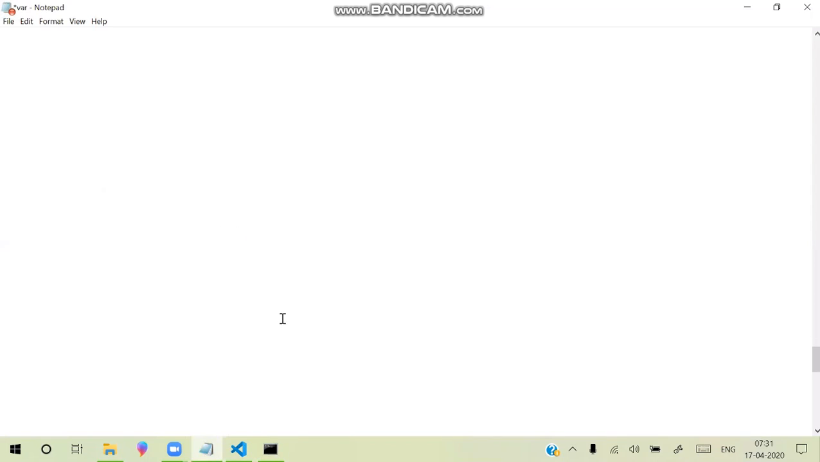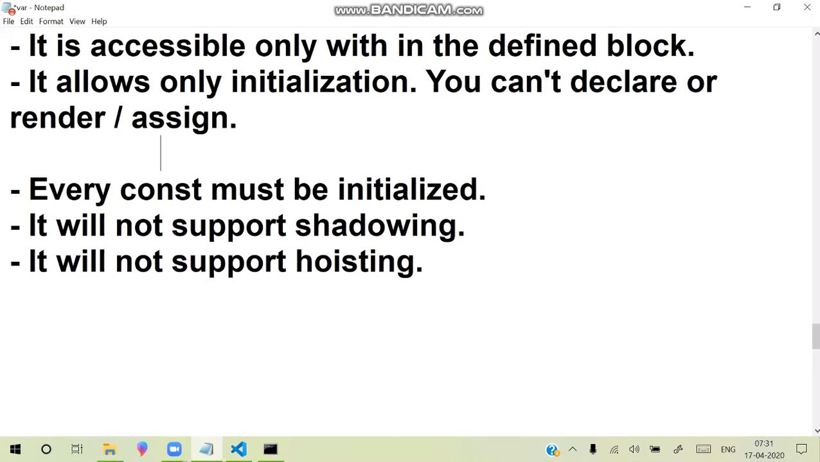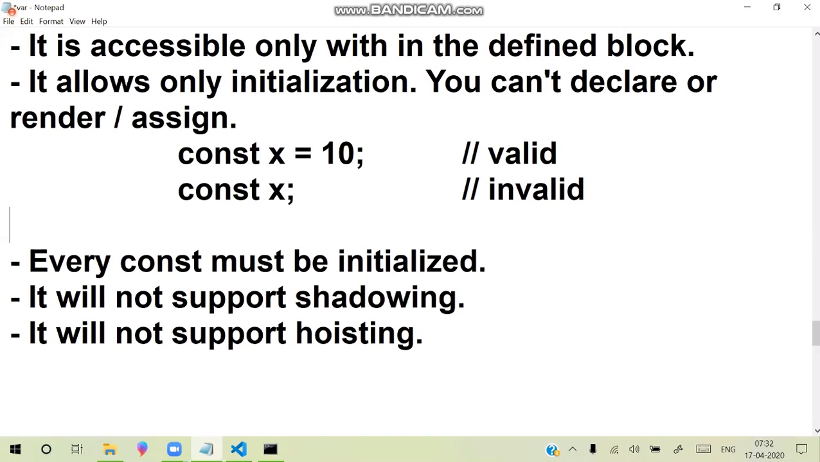That means here, when you are working with const, it allows only initialization. That means if I say const, so const x is equal to 10. So this is valid. Suppose I say const x, this is invalid. And x equal to 10, this is also invalid. It must be initialized with a